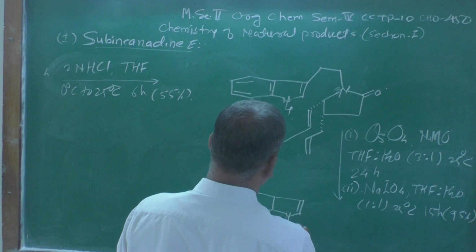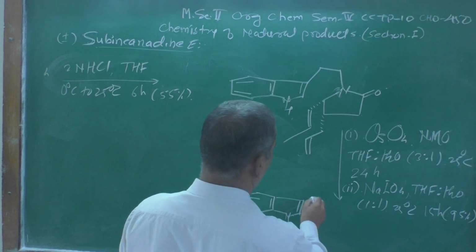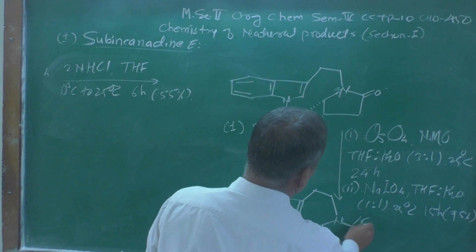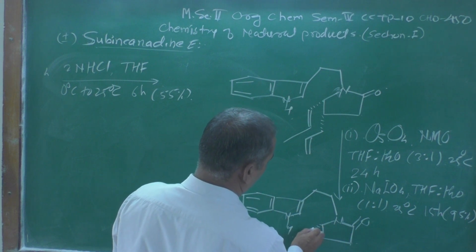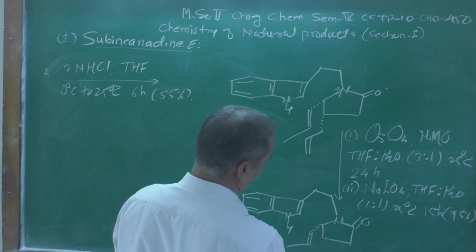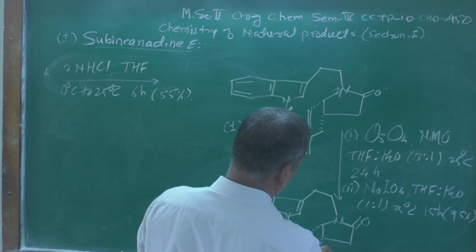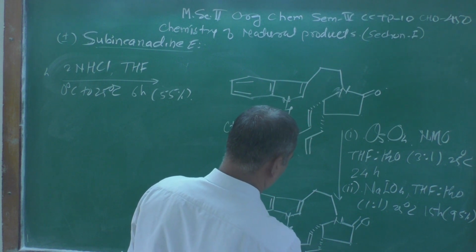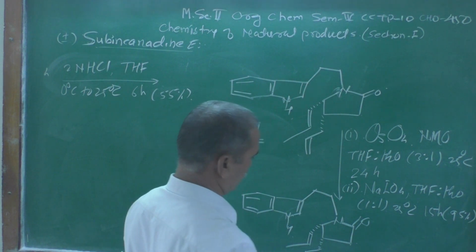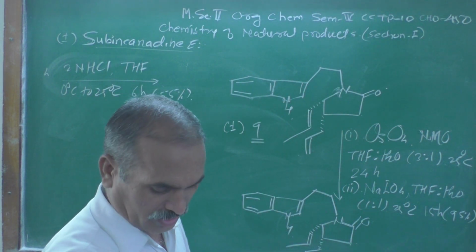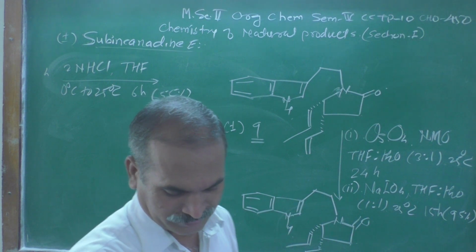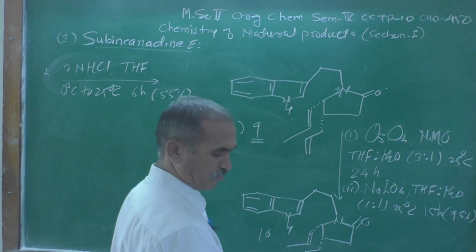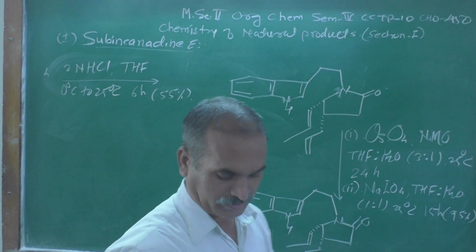See carefully, the indole moiety I am writing as it is here, N, then 5-membered ring, it is a carbonyl. After that there will be a double bond and this methyl group. Here this is an O carbonyl group over there, and this structure is nothing but structure number 10, which is shown over here.